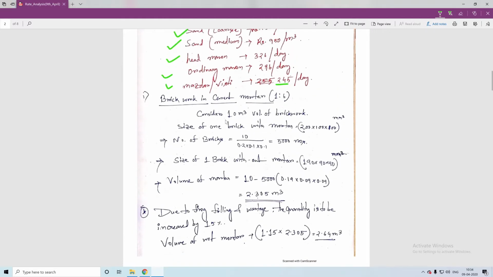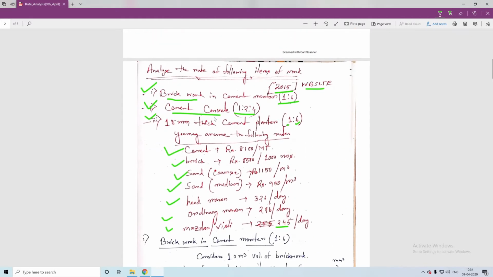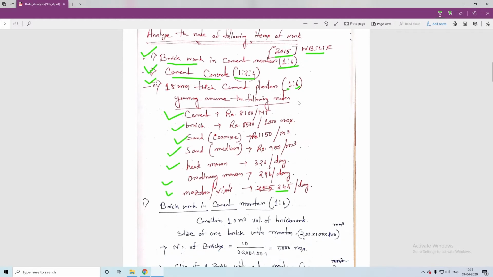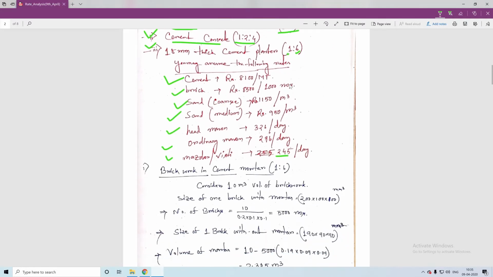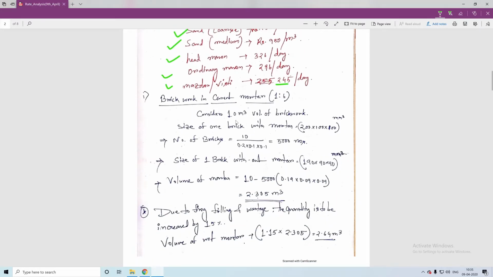Firstly we need to consider a particular volume. For this brickwork the volume is not given. If it were given, you would calculate the brickwork for 10 meter cube or 100 meter cube, as in a realistic question. But here it is given brickwork in cement mortar 1:6, so we will consider per meter cube. I will consider 10 meter cube here. Whatever data I get, I will divide by 10 and get the 1 meter cube basis. So, considering 10 meter cube of brickwork, the size of one brick with mortar